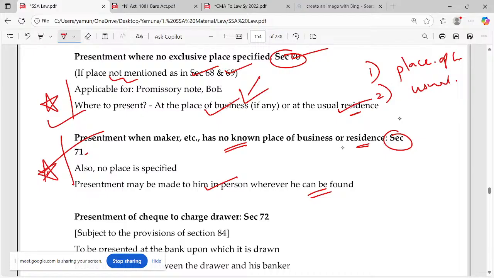அப்போ usual residence. Place of business on தெரியல. Third one. Option 1 is not known. Option 2 is also not known. அப்போ வந்து இதோ இந்த கடையில தான் உட்காந்து டீ சாப்பிட்டு இருப்பான் கொடுங்க முடிஞ்சு போச்சு புரியுதா where he can be found. Okay, so probably he might be working as a director in any company or etc whatever it is. அப்ப அந்த கம்பெனில தான் டைரக்டர் இல்லையா எக்ஸிகியூட்டிவ் டைரக்டர் அங்க போன கட்டாயமா இருப்பாரு. அப்போ அங்க போய் கொடுத்துரு. That's what I call as presentment.